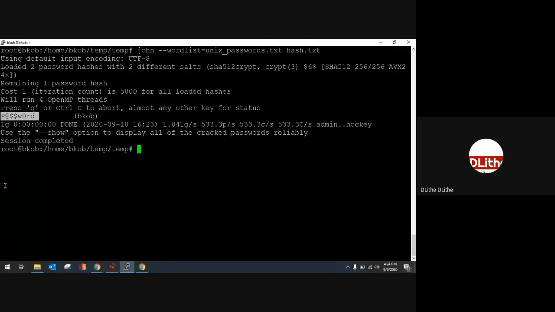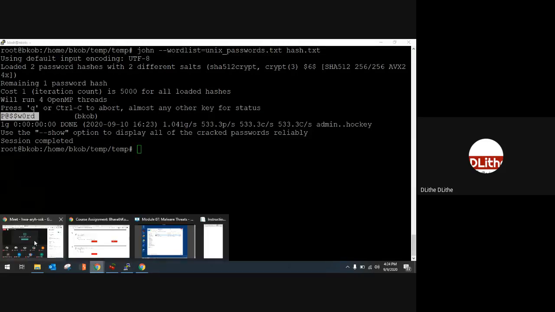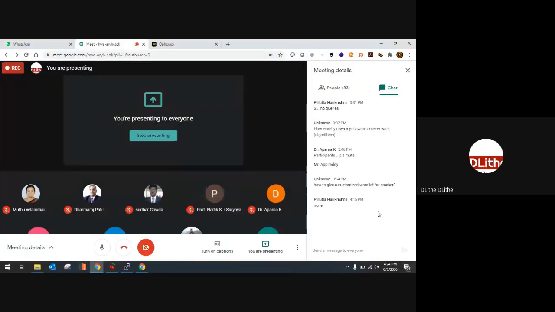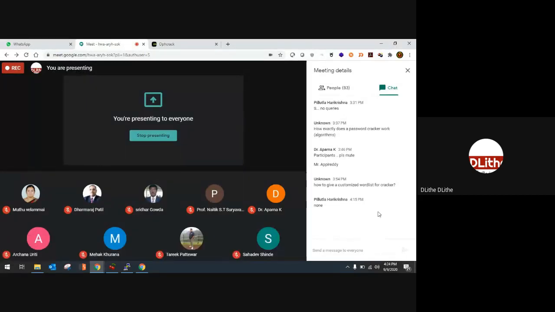Clear? So we saw how to crack Windows passwords as well as Linux passwords, with different methodologies, tools and techniques. In both cases, they use the same methodology. Whatever hash you provide and whatever word list you provide, it will generate hashes for that word list, and the newly generated hash will be compared with the existing hash. When they match each other, the concerned keyword in the word list would be called the password.